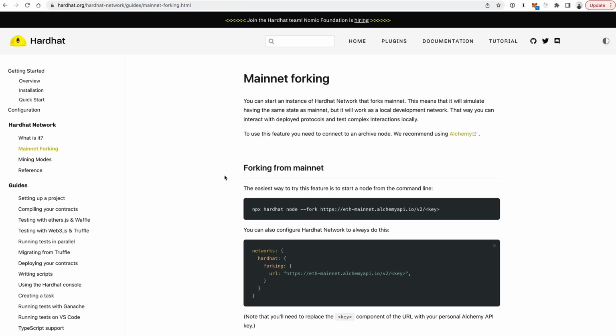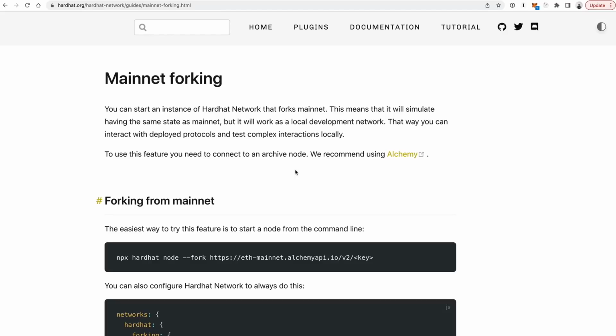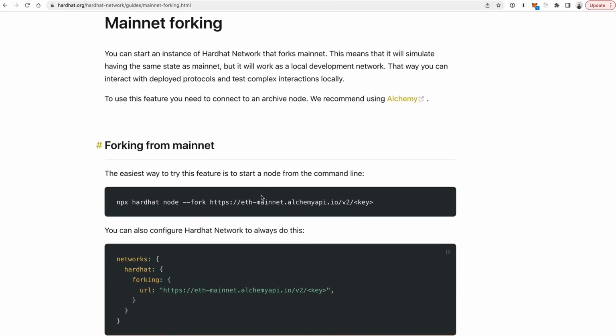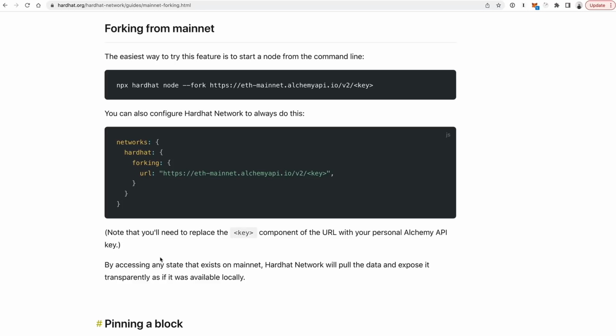So another one is Hardhat, which has a mainnet forking feature as well. So I'm going to include this inside the resources. I know it's technically from the Hardhat project, which we already talked about, but here's how you fork the mainnet with Hardhat as well to accomplish the exact same thing, get all the apps that are on top of the blockchain. All right, and this link right here is a clue to our next thing we want to talk about,